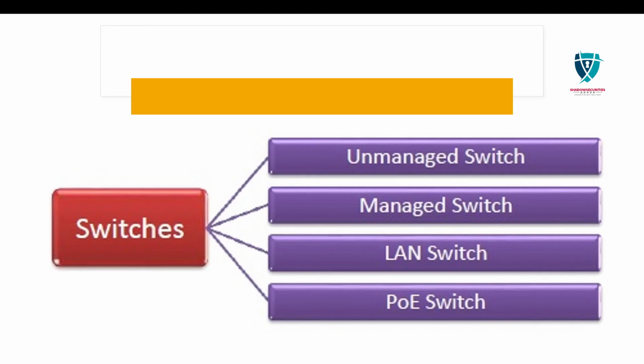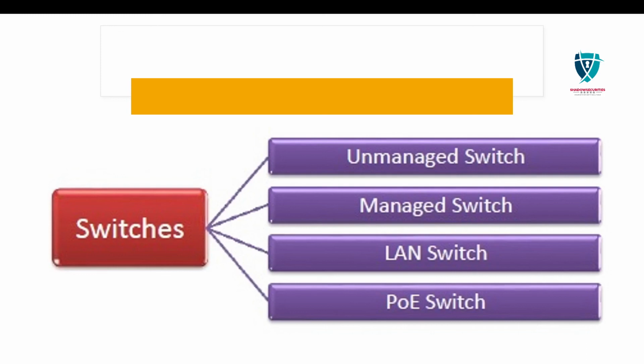A LAN switch connects devices in the internal LAN of an organization. They are also referred to as Ethernet switches or data switches. These switches are particularly helpful in reducing network congestion or bottlenecks. They allocate bandwidth in a manner so that there will be no overlapping when the data packets are transmitting.